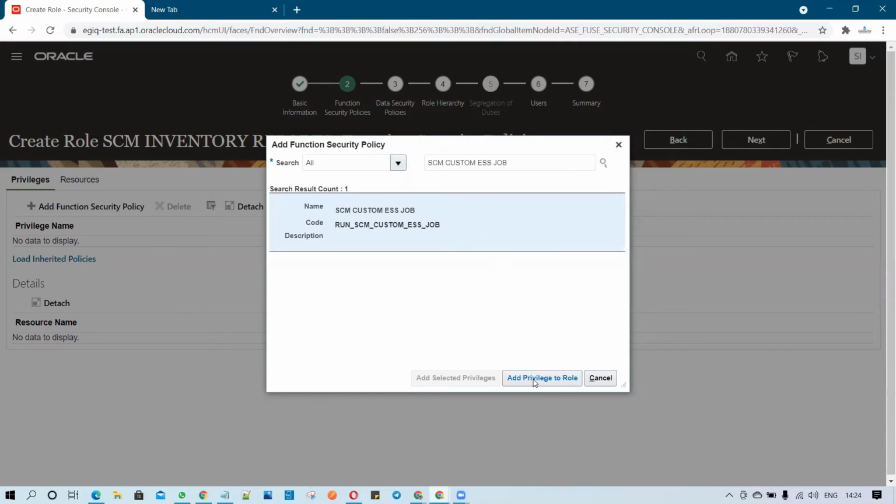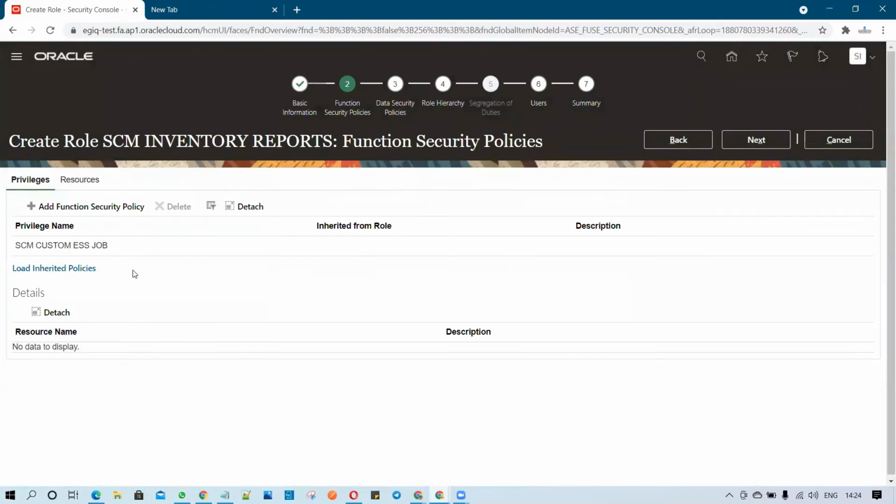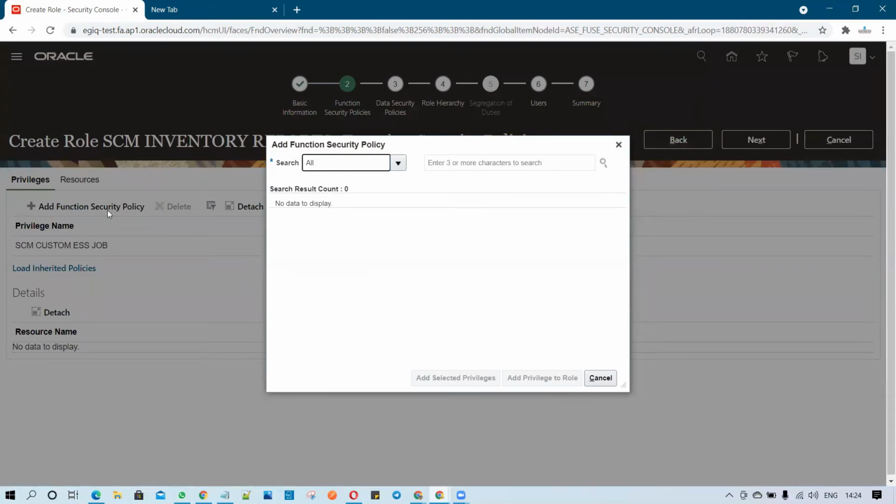You have to select and add that privilege. After adding this privilege, you click on Add Functional Security Policy, and you can see all your custom BIP reports available over here. You have to select all your custom ESS jobs one by one.